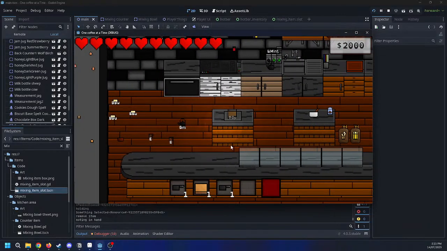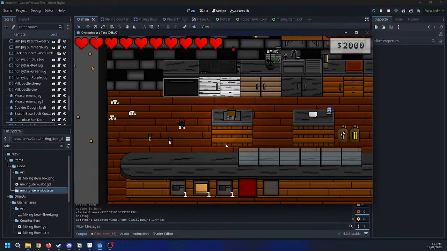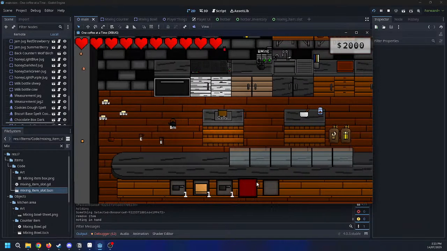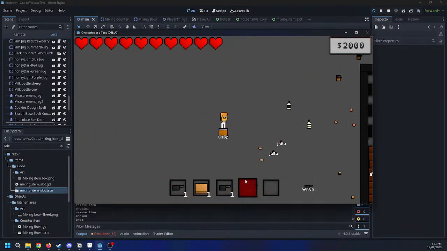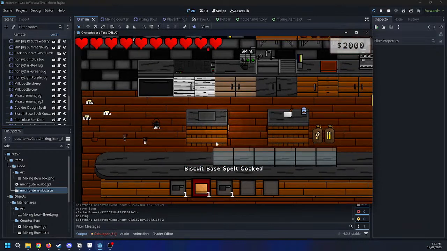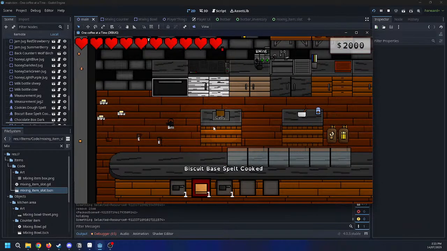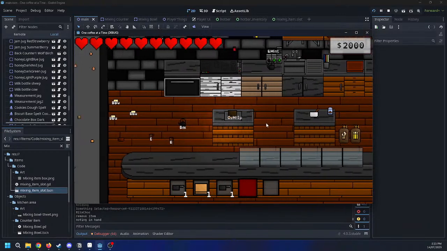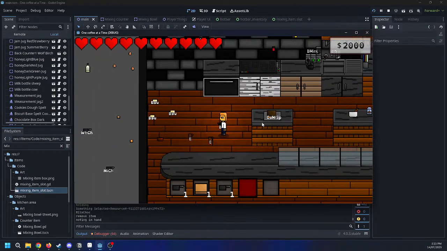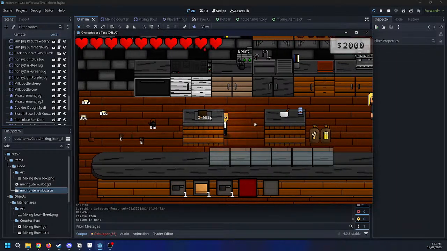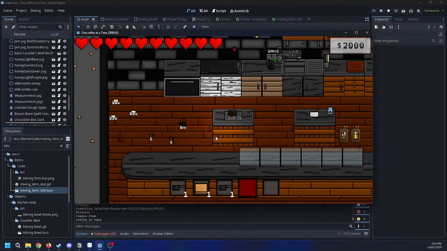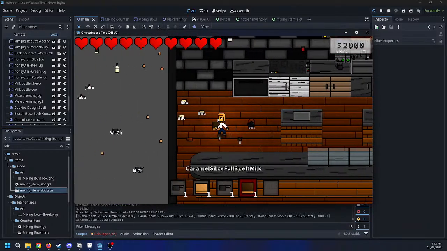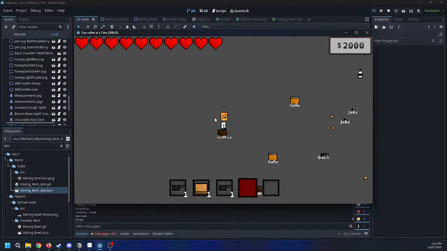But if I do this correctly, I can't pick it up. Oh, I shouldn't be able to pick it up. Maybe I didn't program for that yet. No, probably haven't. So we did this, and then we did this. See how I can't pick it up? Actually, that's a really cool idea, because I don't think it's been, I don't know, maybe a while. Yeah, see how it goes more dark? Oh my god. That's so cool.